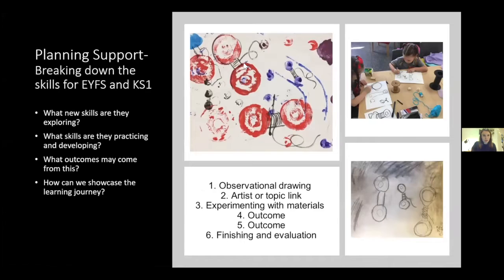So this is the structure that I wanted to show you. So it's thinking about down here. At the side here, I've got the planning support for EYFS. So ignore that it says Key Stage 1 there, because I use Key Stage 1 for the 6-week plan. But for EYFS, I do think that it's a little bit different. Obviously, it's not as structured, and you have a lot more free flow, and you do art a lot more often anyway. So in terms of EYFS, it's thinking about taking an overarching theme.